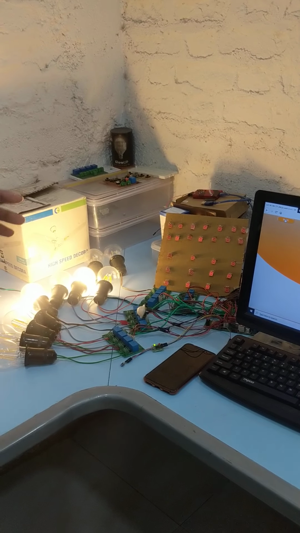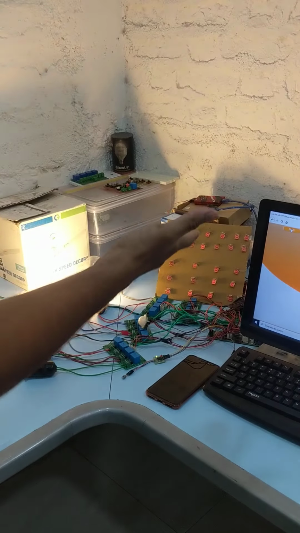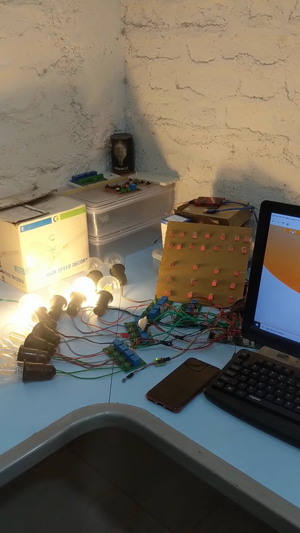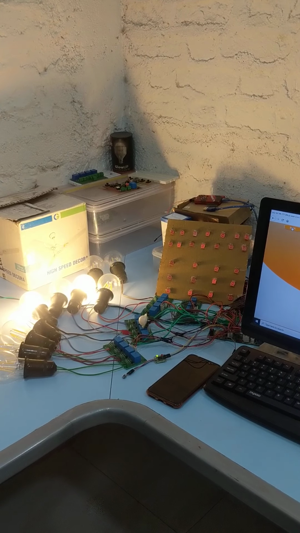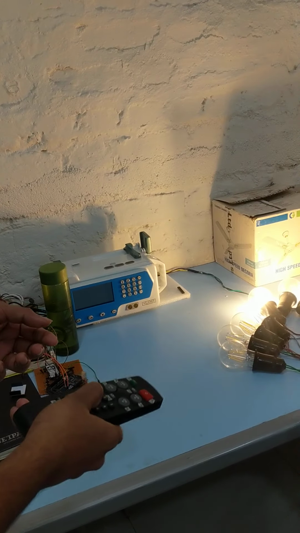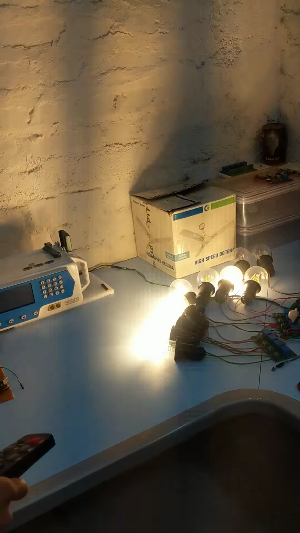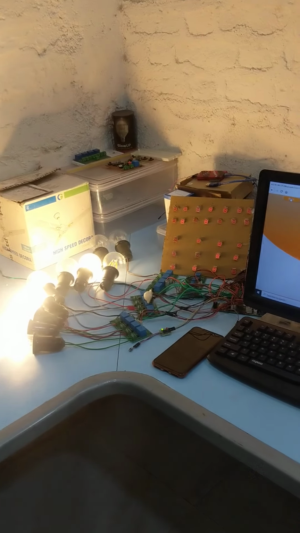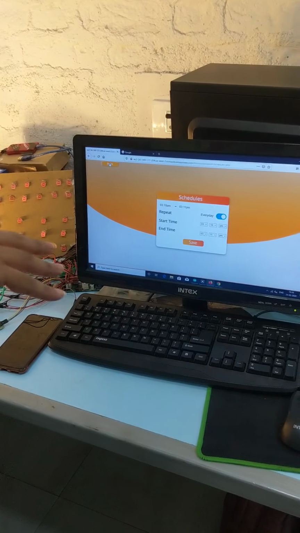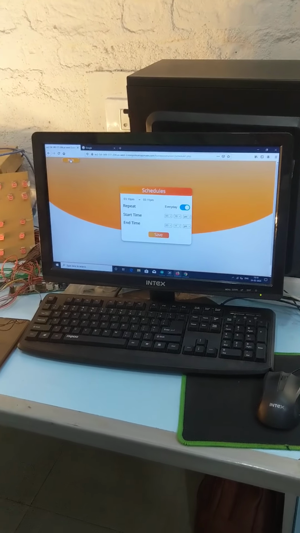Now, it has a multiple feature. If someone wants a few appliances to work in PIR mode, they can be operated in PIR mode, and the rest will work in the normal functional mode. So if you want to operate any other devices, it is possible. You can use the rest, because each and every appliance is assigned its functionality from the web server itself.